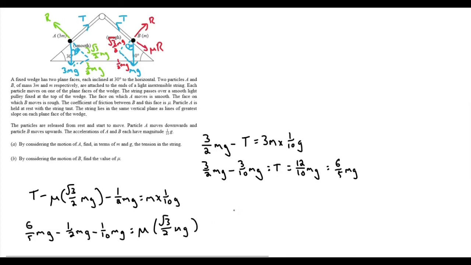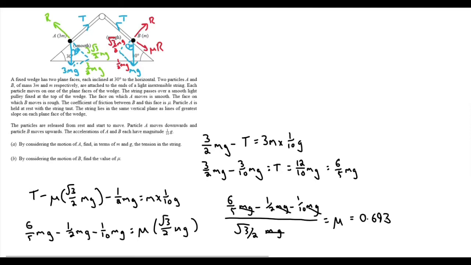So to get the mu on its own, we'll have all that left-hand side, so the 6/5 mg minus the half mg minus the 10th mg, all over root 3/2 mg equals mu. All of these mg's, because they're in every single term as a common factor, are going to cancel. So now if you just put into your calculator 6/5 minus a half minus a 10th and divide all that by root 3/2, you get a coefficient of friction finally of